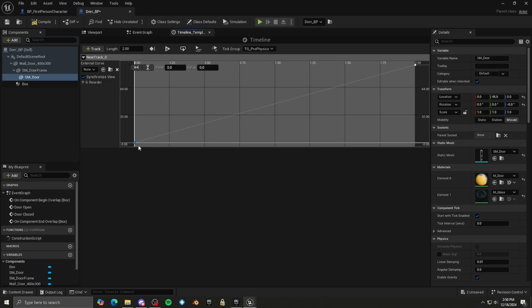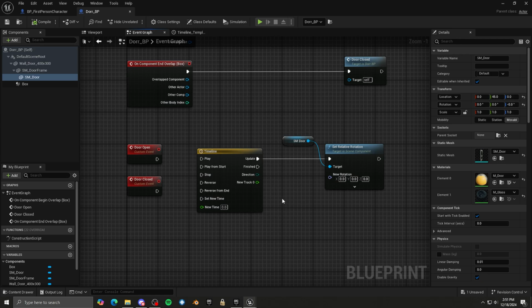So if you want to check it, you can go back and check your first one and see time 0, value 0. Check your last key, time 2, value 90. So all we're doing is just taking, over the course of 2 seconds, we're going to be increasing this value from 0 to 90. Okay, so I'm going to save, compile, go back to the event graph,